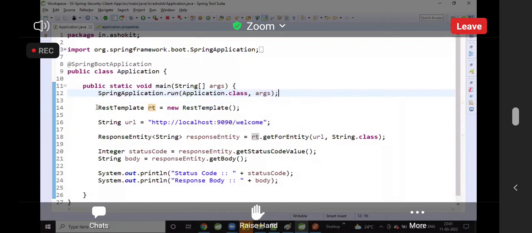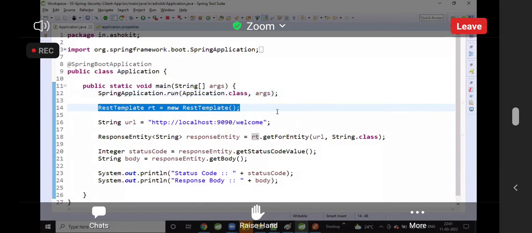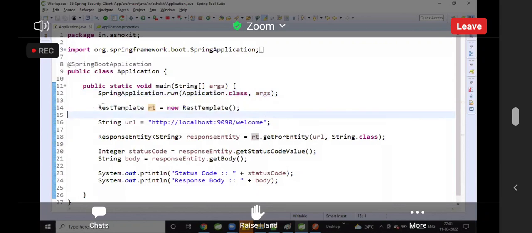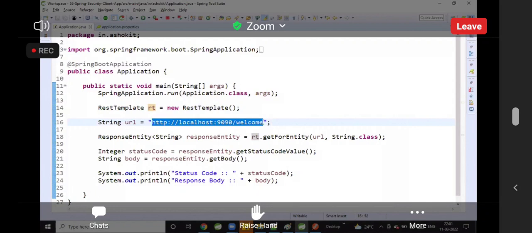Then I'm creating an object for RestTemplate. RestTemplate is a predefined class in Spring Web MVC to develop HTTP clients. Now, I'm taking the string URL. This is the endpoint of my Spring Boot REST API, which is secured. I'm sending a GET request by using